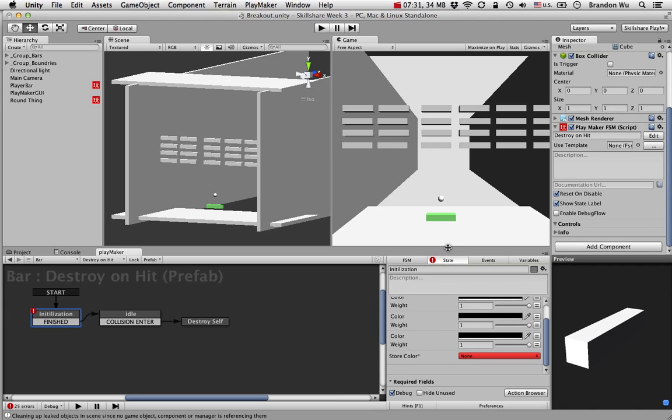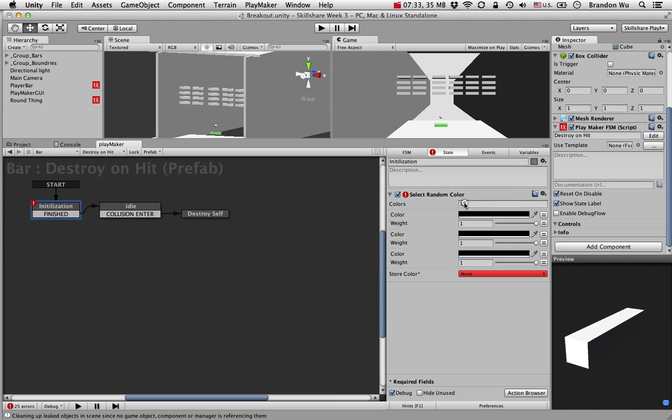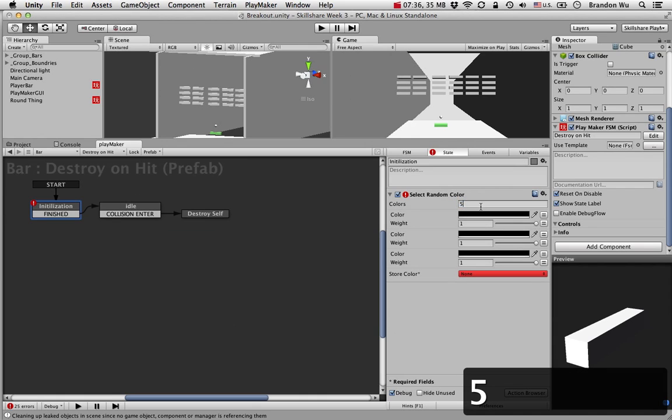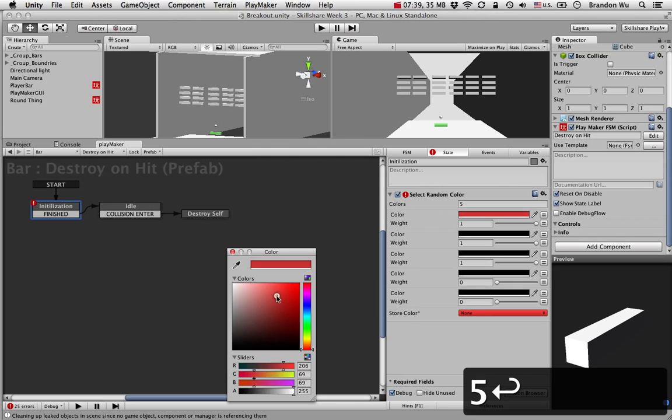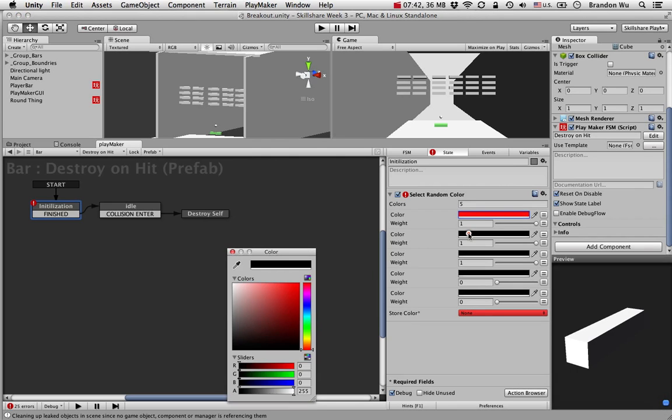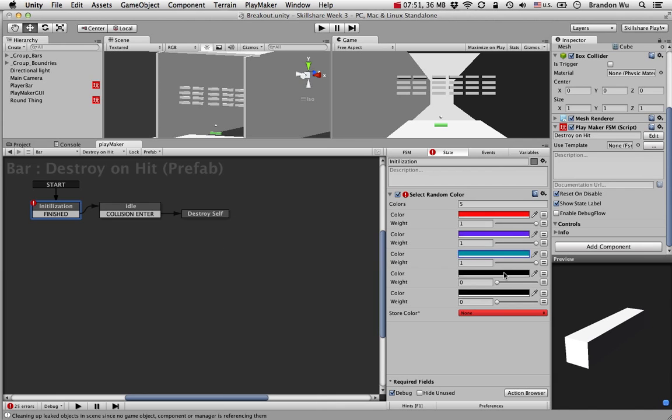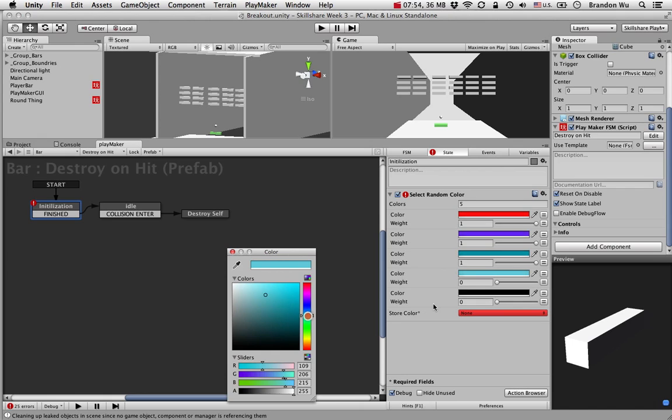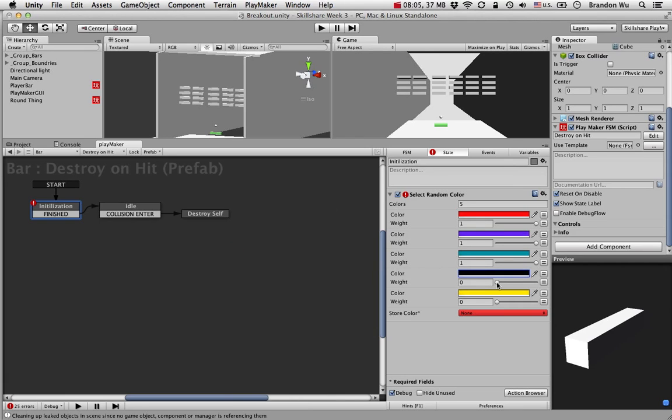Okay, I'm going to make this a little bit bigger. So let's say we want 5 different colors to choose from, and here you can just select different colors. All right, you can just do that. Just going to pick a few random ones. Okay, now make sure the weight is the same, so make them all 1, so that would give them an equal chance